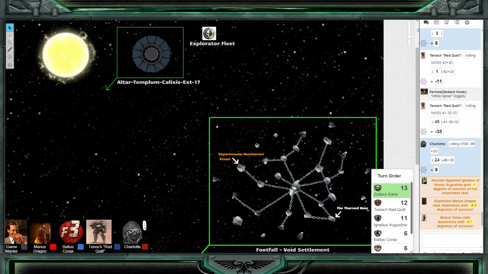The only one who passes is Boltus and Ignatius, because they rolled correctly. Can you just let me try to roll correctly? No, you rolled. You rolled a 46. That's not enough to pass. Fine. Anyway, Ignatius,